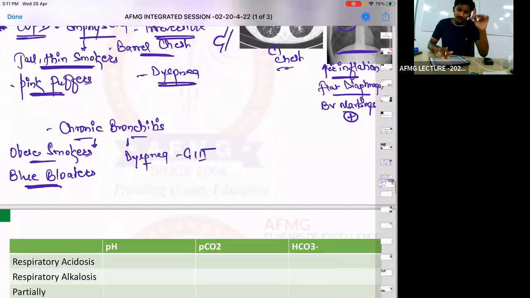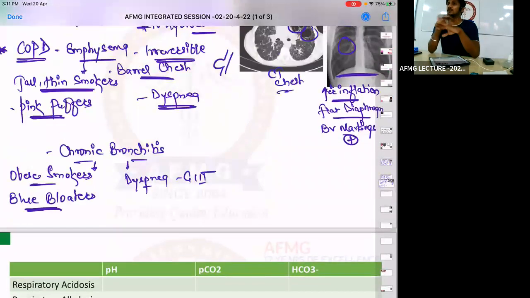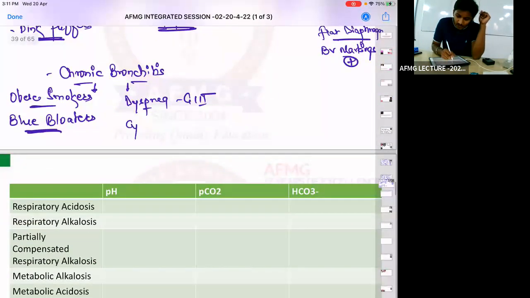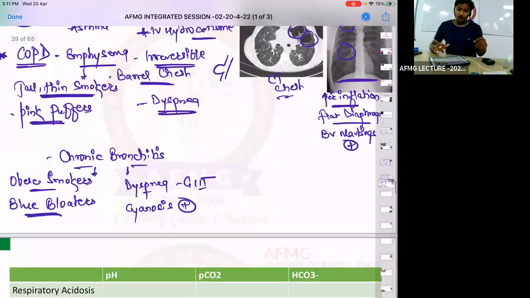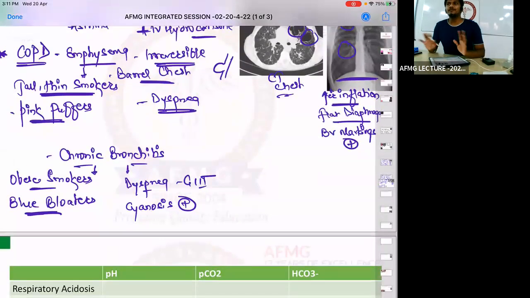And blue why? Because in cases of emphysema, cyanosis is absent, but in cases of chronic bronchitis, cyanosis is present. Important. Clubbing is present in